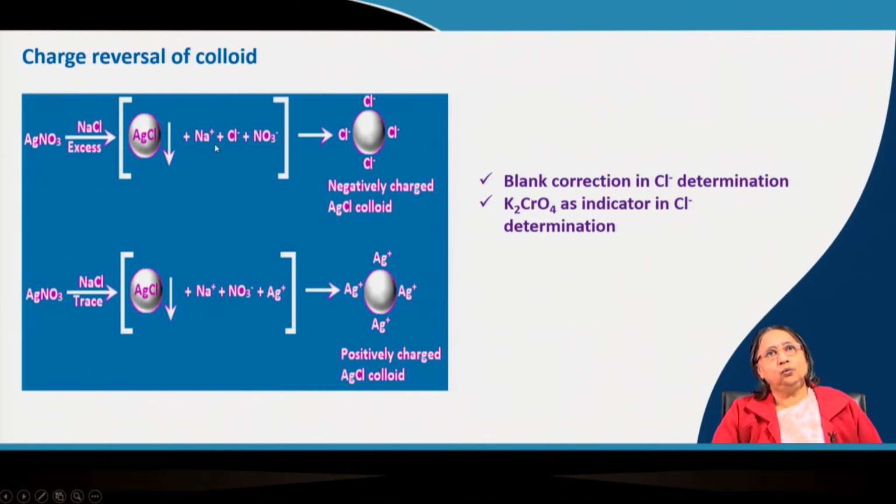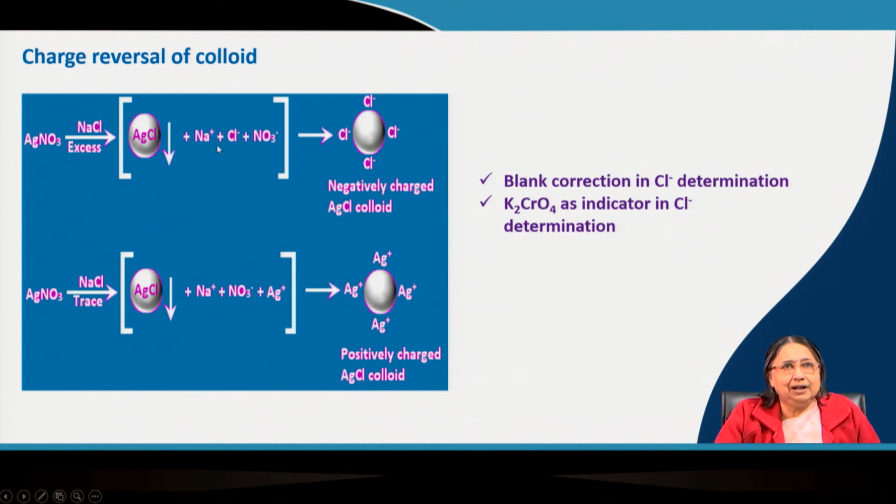Now, who will adsorb onto the silver chloride? Because I said that colloids are always stabilized by charge. So, who will adsorb onto it? It has different choices. Actually, you see that it will always prefer to have some ion which is a family member. Here in its family who is there? Silver is there and chlorine is there. So, either silver ion or chloride ion will be deposited. Deposited means adsorbed onto it.